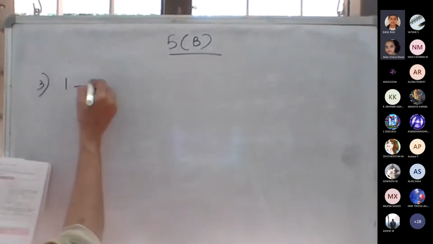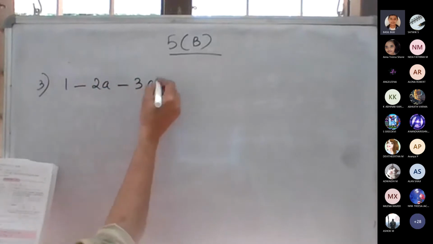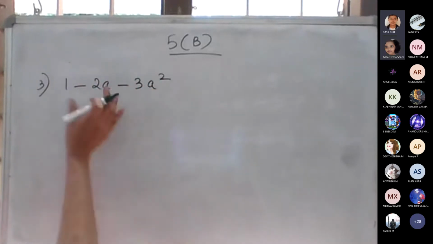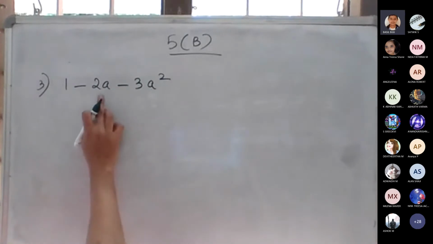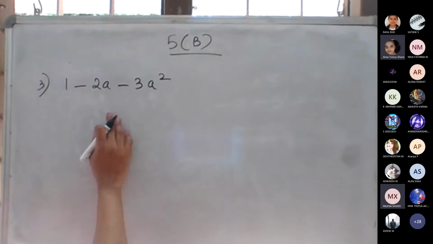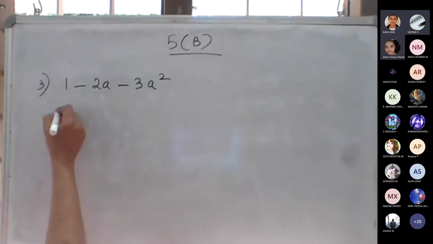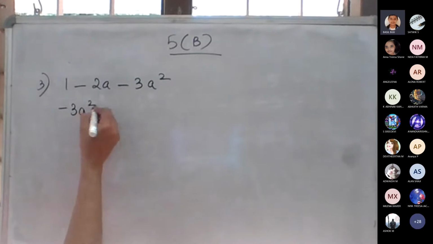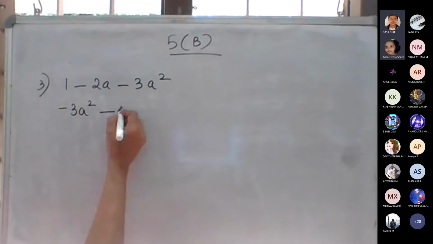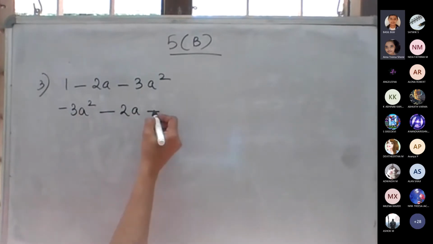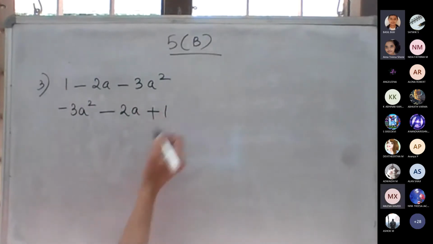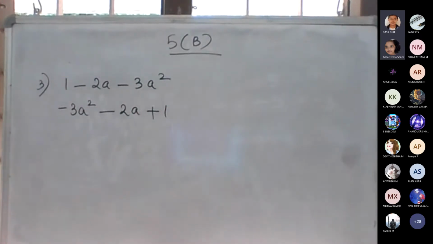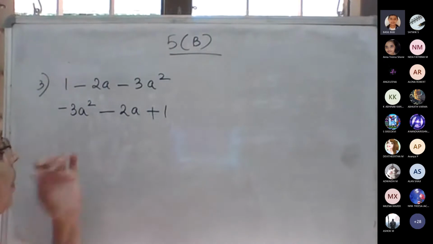So rearrange the question: 2a plus minus 3a square. What do we have to do? If you can do it directly, you can, no problem. 1 into 3, negative 3 is negative 3, and the middle term. Can you do it? No, ma'am. Okay. So first the a square term. Rearrange: first the a square term, then negative 3a square minus 2a plus 1.